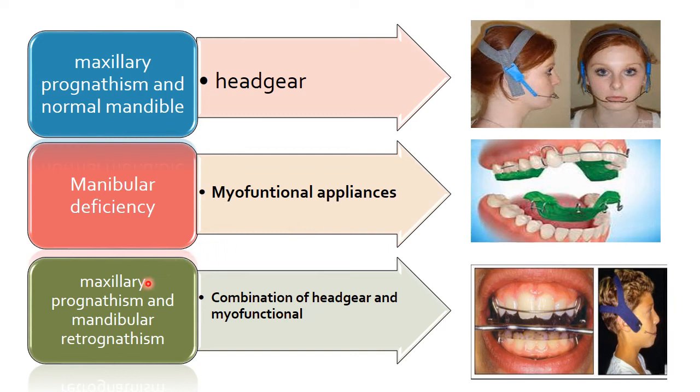And if the patient has a combination of maxillary prognathism and mandibular retrognathism, we may consider using a combination of the headgear and myofunctional appliances. But all these appliances will depend mainly on the patient's compliance. So we may consider encouraging the patient to wear their appliances to have a successful treatment plan and a successful